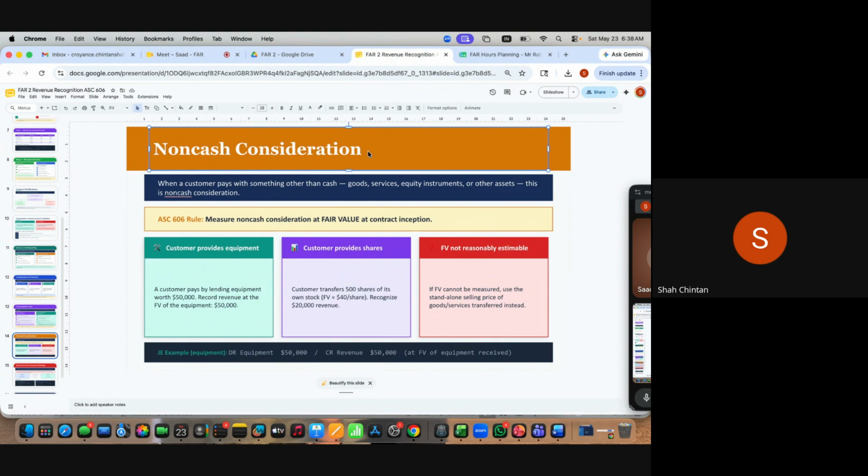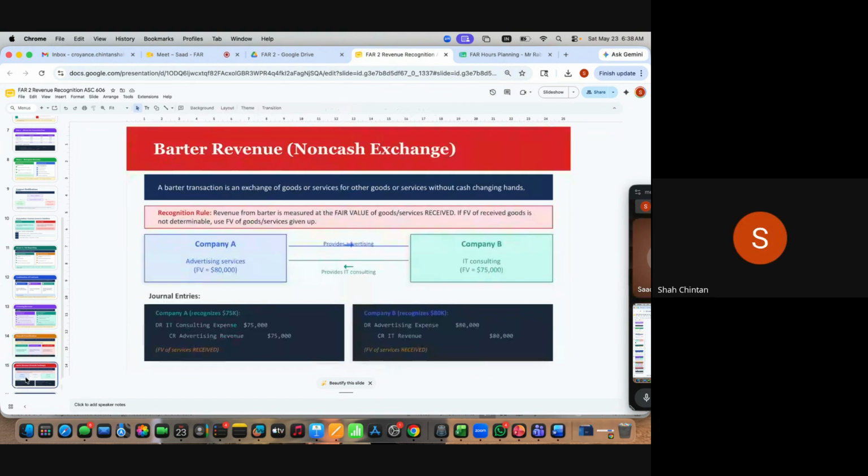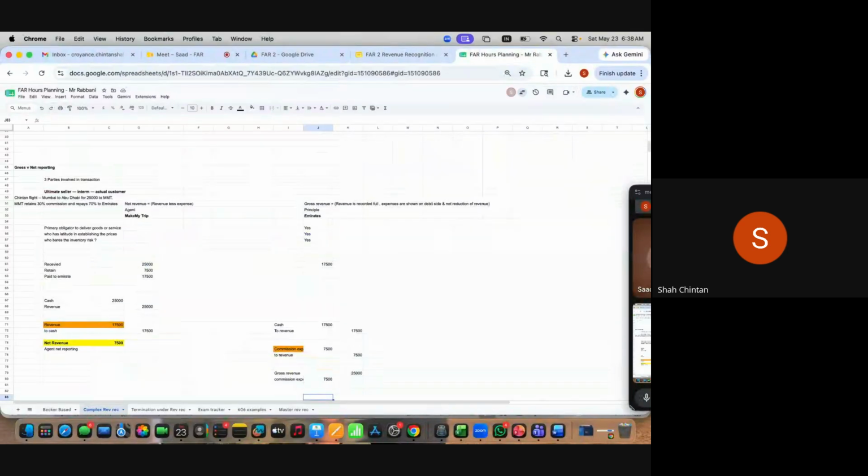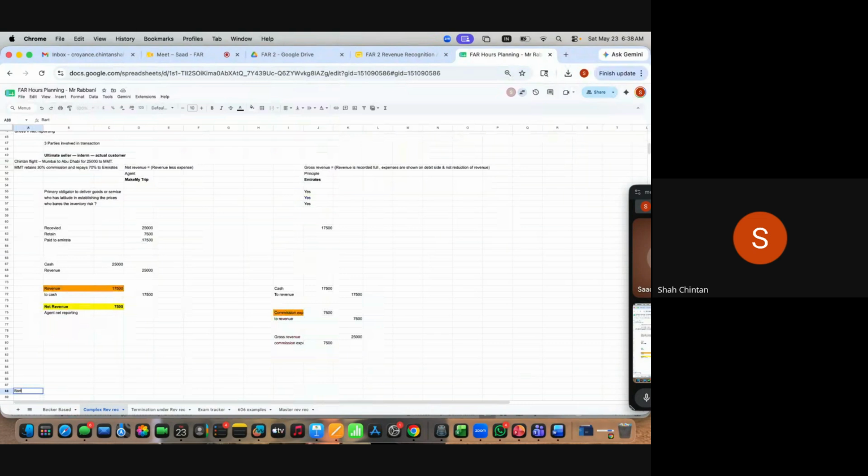Clear है नॉन कैश कंसिडरेशन कॉन्सेप्ट? Yes. चलिए, इसी का एक और कॉम्प्लिकेटेड एरिया है विच इज अ बार्टर अकाउंटिंग, और बोथ वे देयर इज नथिंग, नो कैश आर एक्सचेंज्ड। ये टिपिकल आपको देखने को मिलता है मीडिया इंडस्ट्री में। लेट्स ड्रॉ एन एग्जांपल। सो लेट्स सी, लेट्स पुट हियर अ बार्टर अकाउंटिंग